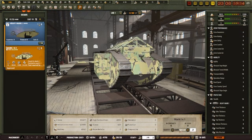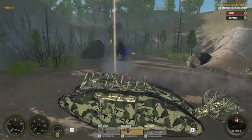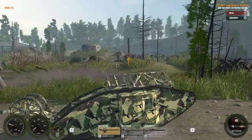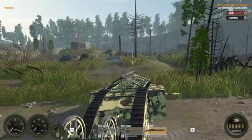The Mark I tank, developed in 1916, was the world's first to enter combat, a bold leap into mechanized warfare. Measuring 32 feet long and weighing 28 tons, it could cross trenches and navigate treacherous battlefields. There were two variants, the male, armed with two 6-pounder guns and machine guns, and the female, equipped with machine